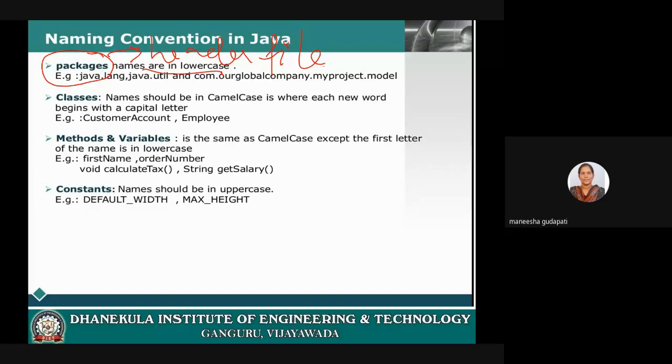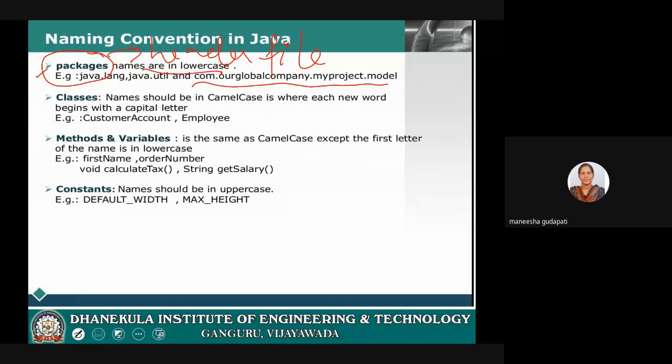Some examples are the java.lang package and the java.util package, and here they have given another example, which is a user defined package. In Java you can use predefined packages or create your own package. This is the first naming convention.